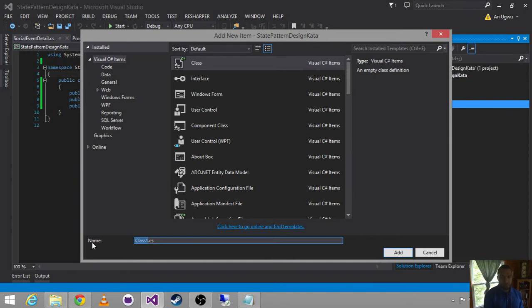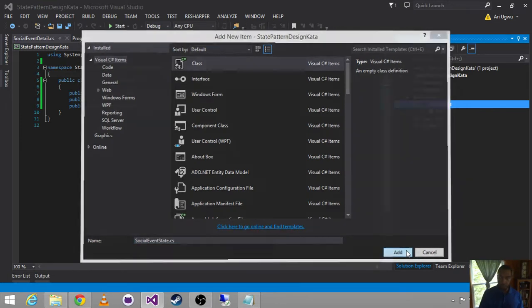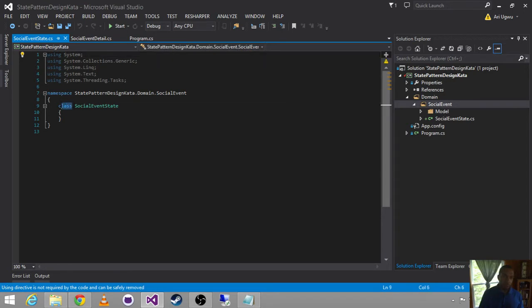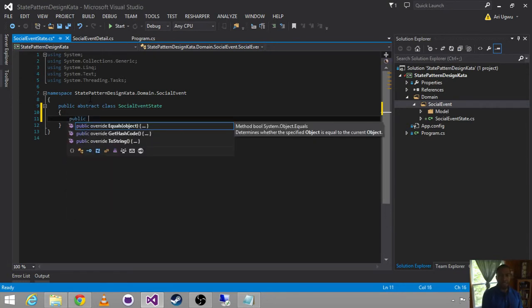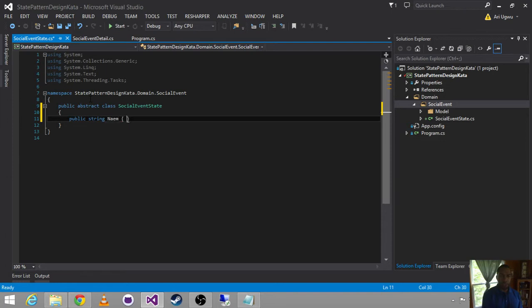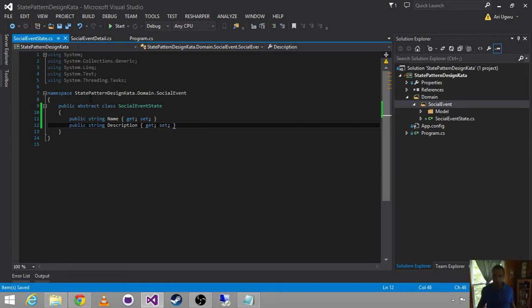Let's call it social event state. Okay. So as an abstract class, we want anything that implements this to go ahead and get a string name, and description. So actually pretty simple. And